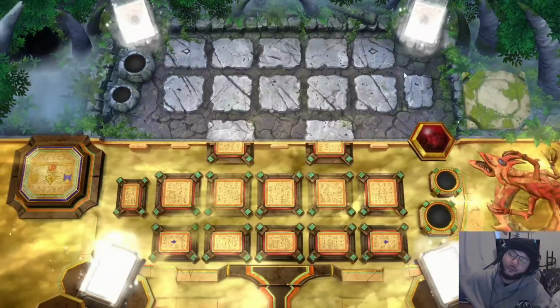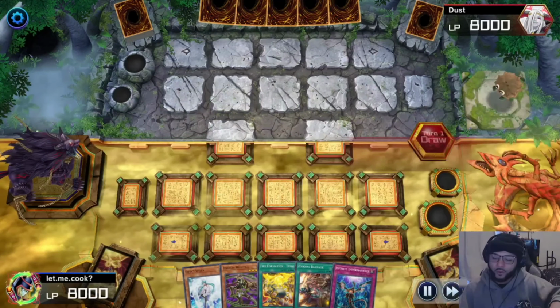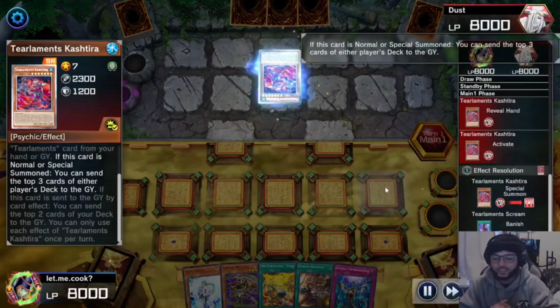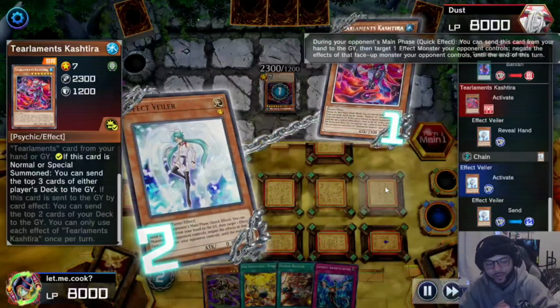Right, gang, here we are for replay numero dos, number 2 of the day. You know what I'm saying? And we are going second against some type of Tier Limits deck, right? So they activate the Tier Limits Kashira. They're gonna banish a Scream, activate the Tier Limits Kashira, and I'm gonna Effect Veiler that thing immediately because I